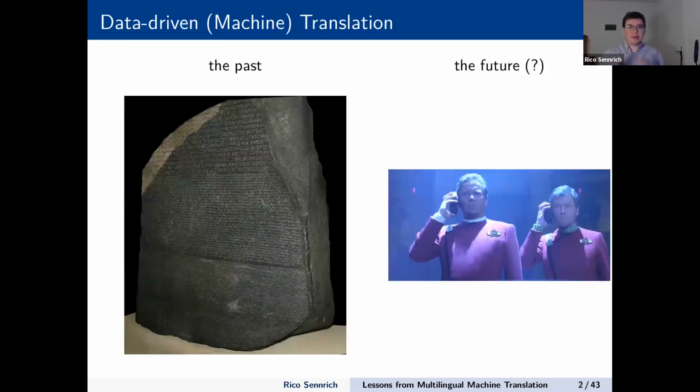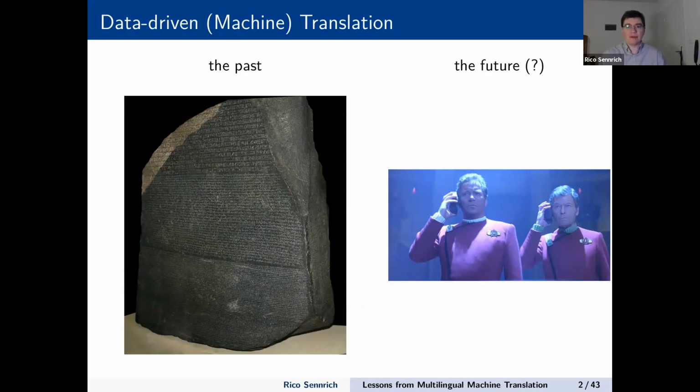So just to talk a bit about the past and future of machine translation, I have two symbolic pictures here. I'm not claiming that the ancient Egyptians already did machine translation, but the Rosetta Stone has become a bit of a mascot of machine translation, because it helped us decipher the hieroglyphs. This is a stone that has the same text written in the hieroglyphs, the Egyptian demotic script, and ancient Greek. Based on having this parallel data, where you have the same text in different scripts, people were able to decipher this alphabet, which was before undecipherable. And this is really the foundation as well of modern data-driven machine translation,